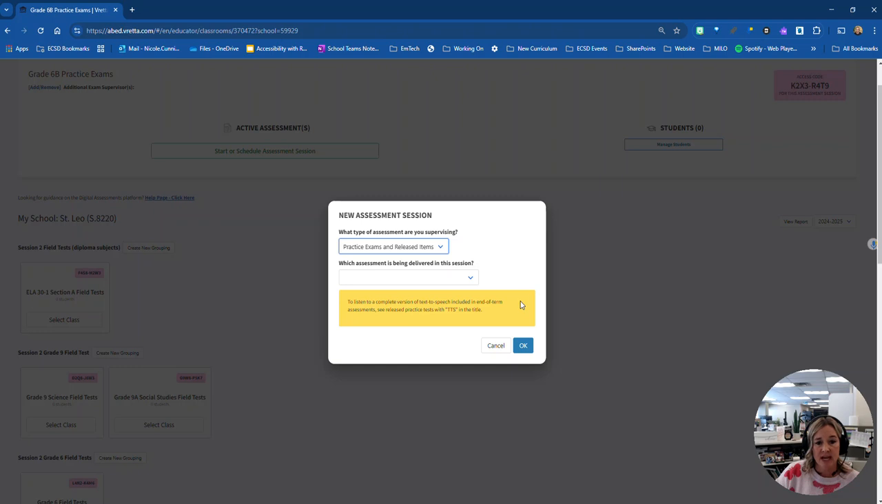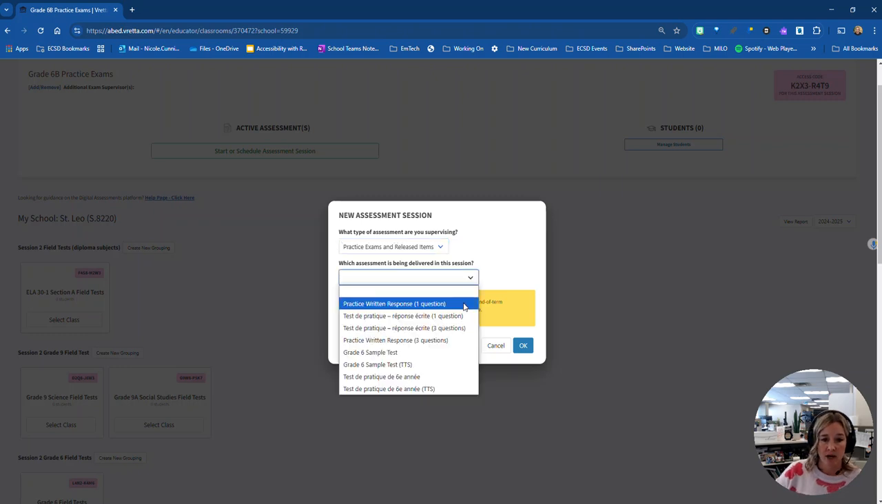When you select that, it is going to give you a little note that if you want the text-to-speech, so you want students to be able to experience that text-to-speech, you need to search for the exams that have a TTS beside them. Now, when I click on this next drop-down, which assessment is being delivered in this session, I have the option